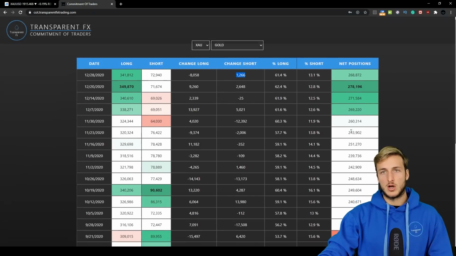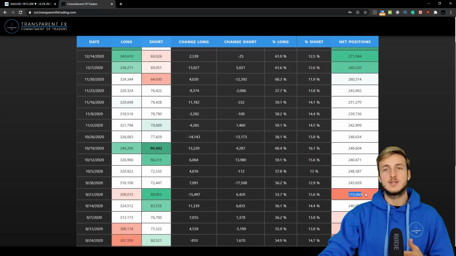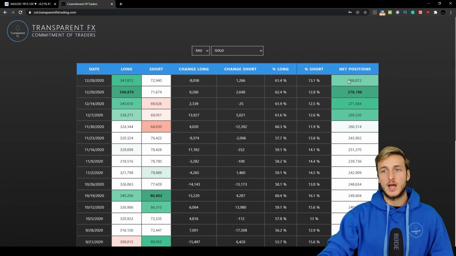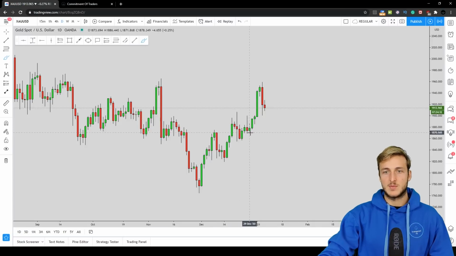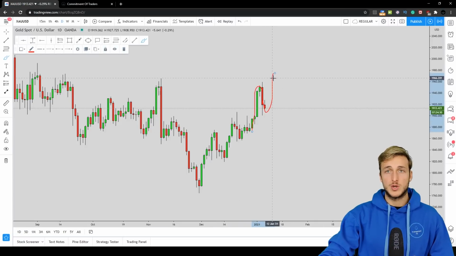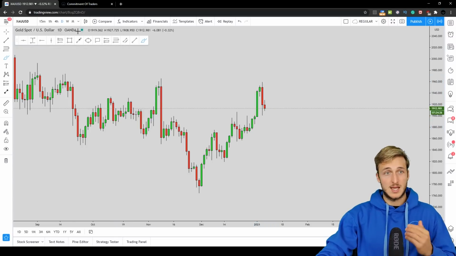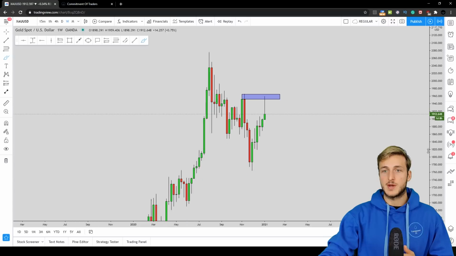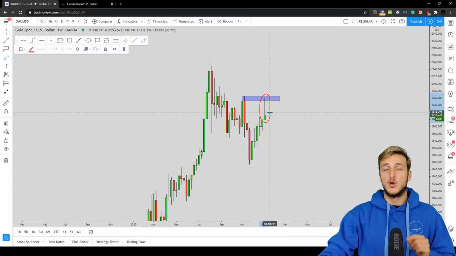However, if we look at the long term, what we can see is that we increased net positions quite massively. We went from having 219K net positions all the way up to having 262K net positions as we are speaking, with still 341K longs and 72.9K shorts. So we can still expect the market to provide some more continuation to the upside now that the market has already provided the retracement. Plus, as we have already seen from a weekly perspective, we have this candle here,